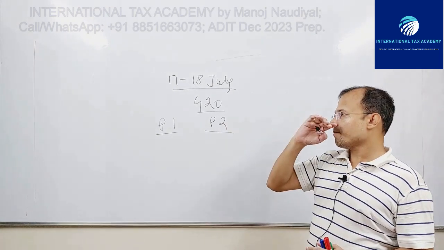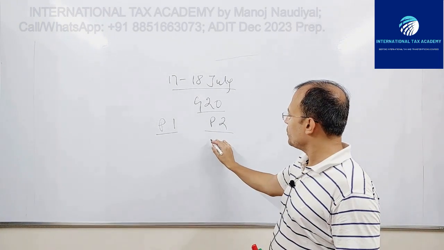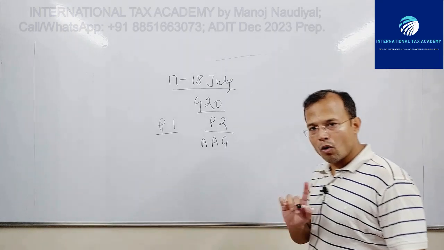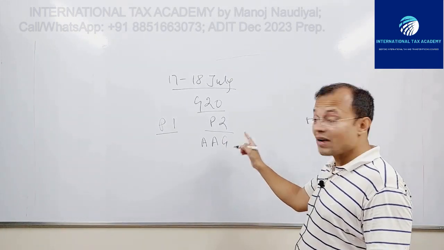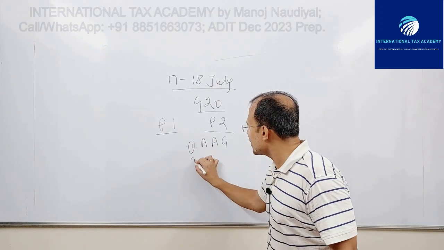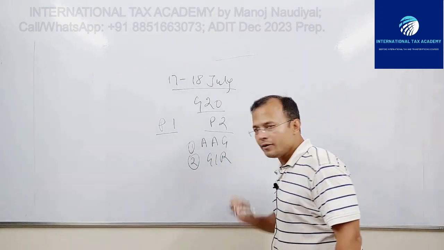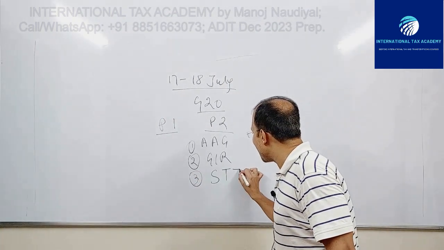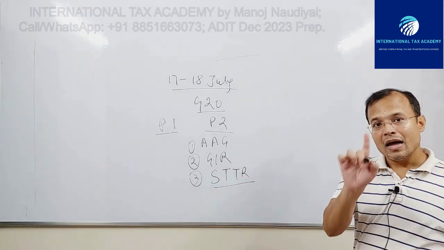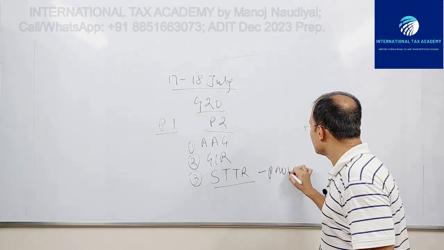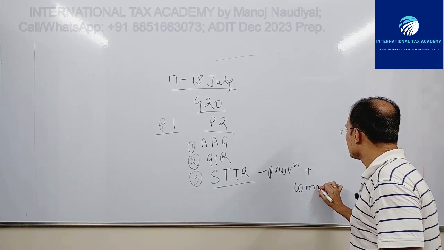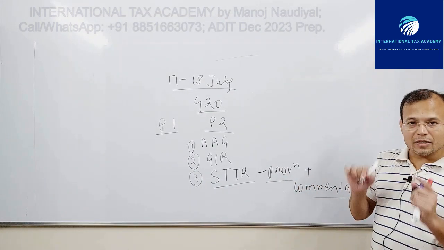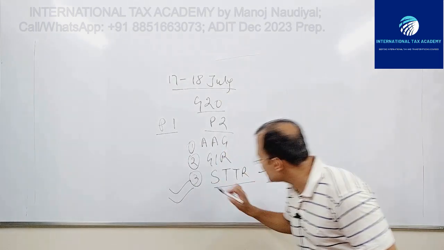For Pillar 2, there were 3 documents. First document was agreed administrative guidance on globe rules, second document was globe information return, and the third document was STTR, subject to tax rule, the provision plus the commentary. So now you would understand that the subject of this video is the third document, STTR, that is provision